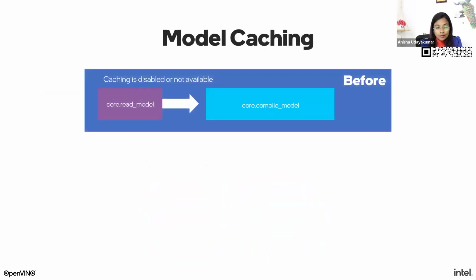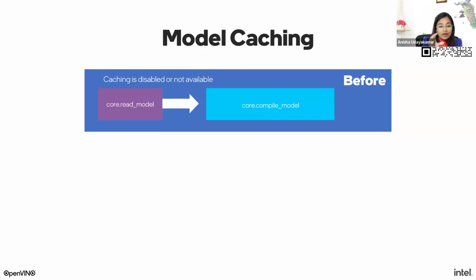The next key feature is model caching. This is very important if you're using heavy models like transformers and so on. When you enable model caching, OpenVINO does something very clever. During the first compilation of your AI model, it automatically creates a cached blob in the specified directory. And this blob isn't just a copy of the model, it's a partially transformed version of your entire neural network, having gone through runtime optimizations, lower precision transformations, and many other optimizations.